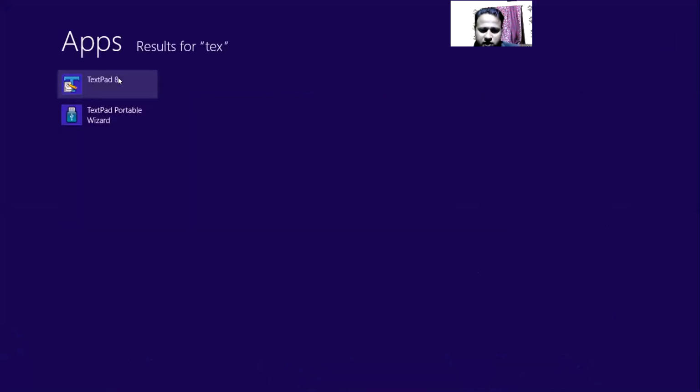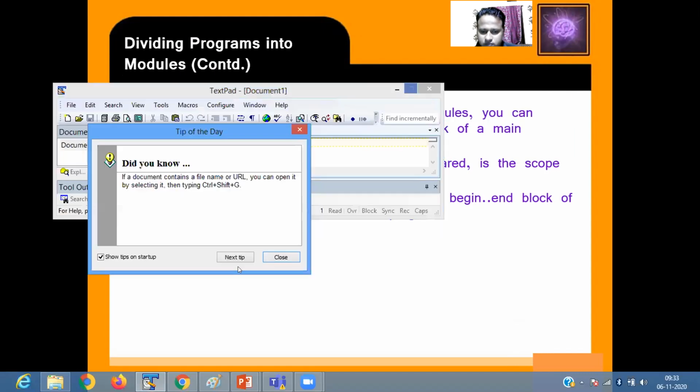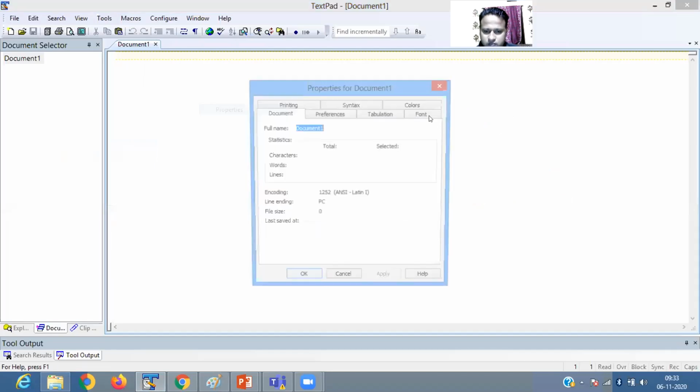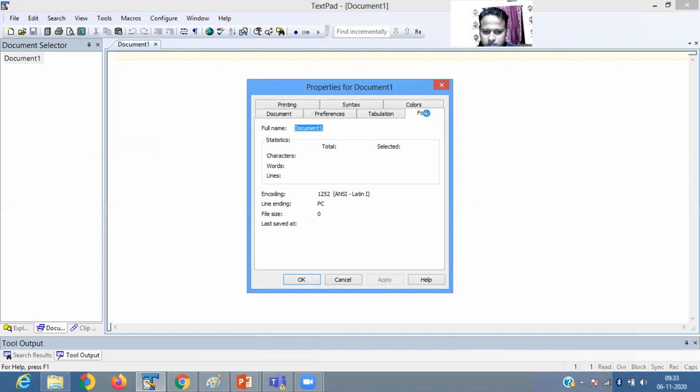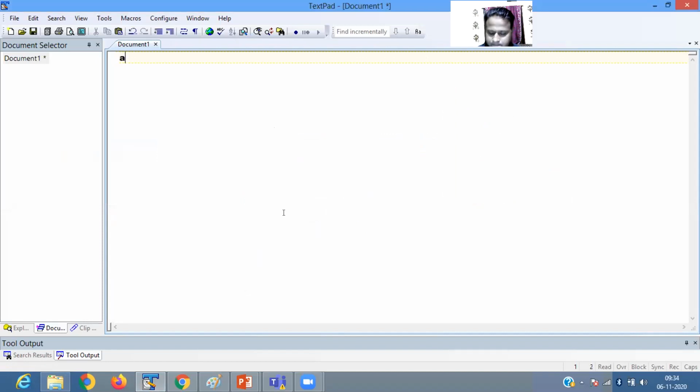In the text pad, we write begin, end. Inside the begin and end block, we define the variable numeric num1.